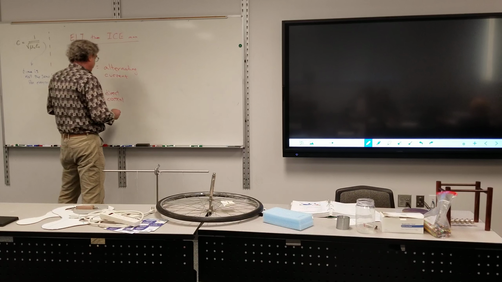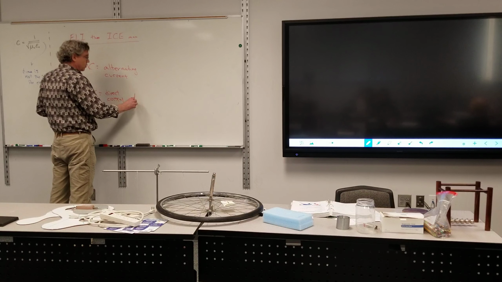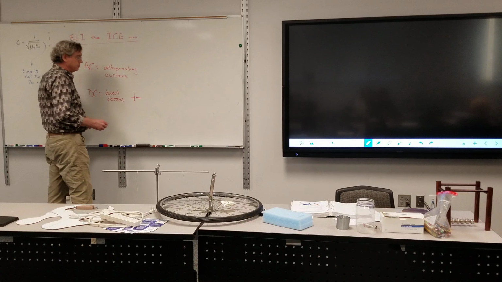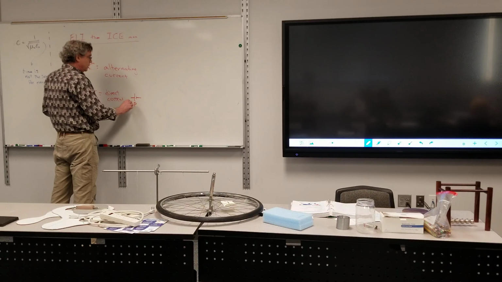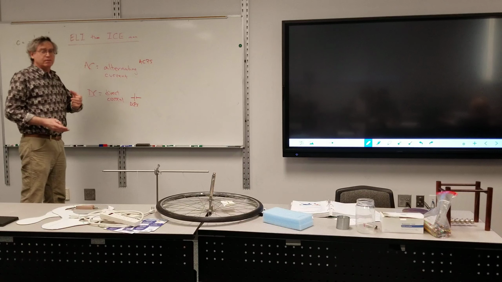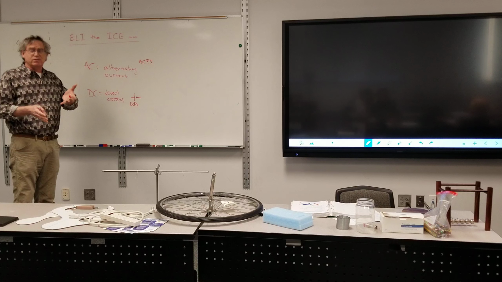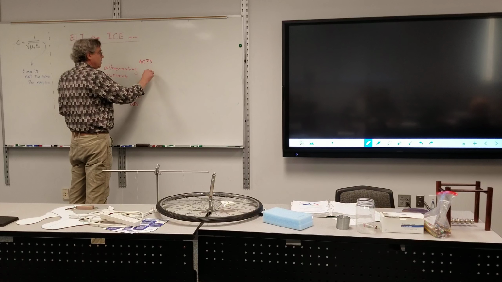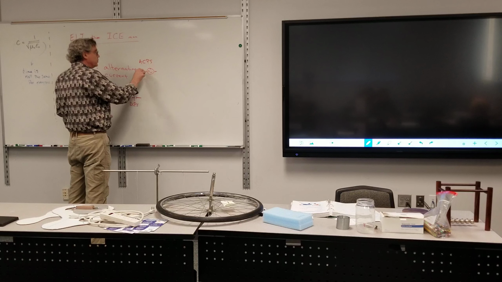So let's get into some of the more specifics. That's the symbol for a direct current power supply, as we've done so often. A DC power supply. The AC power supply, indicating the fact that there's not a positive and negative side, or at least that the positive and negative side flip back and forth. That's the symbol.